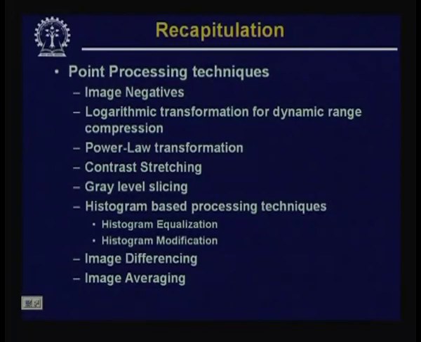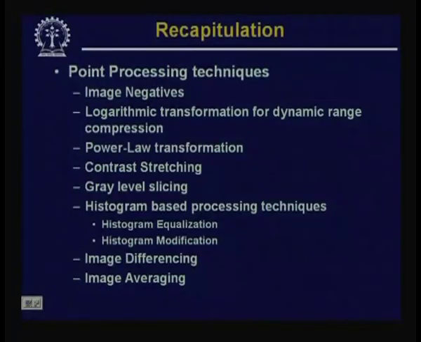So, if I get multiple frames of such noisy images, and if the noise that is added to the image is a zero mean noise, then taking the average of multiple frames of such noisy images is likely to cancel the noise part, and ultimately what comes out after the averaging operation is the actual image that is desired. So, these are the different point processing techniques for image enhancement that we have done